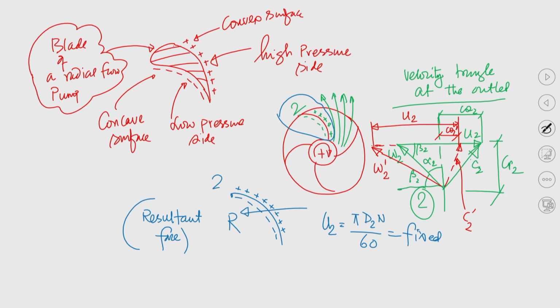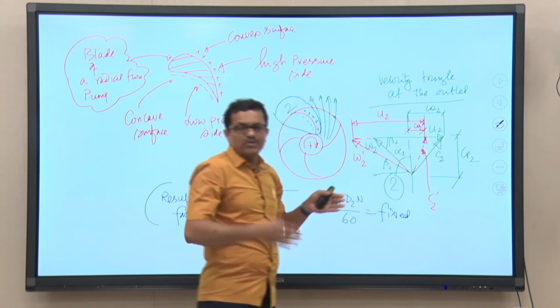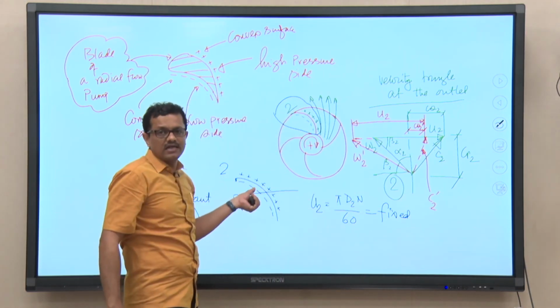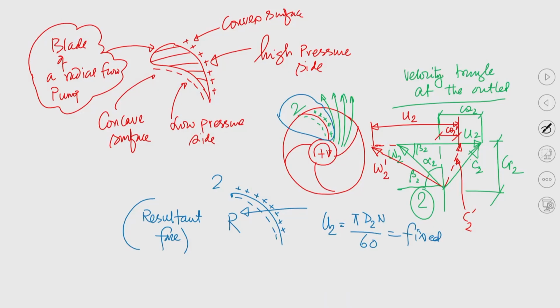Now you can understand. So, C theta 2, this is the component of absolute velocity in the tangential direction, which we are expecting to get from this particular pump. But because of this phenomenon, that is the resultant force that is being developed, we will be getting the new swirl component of velocity at the outlet, that is C theta 2 dash. It is clear from this picture that C theta 2 dash is less than C theta 2, is not it.